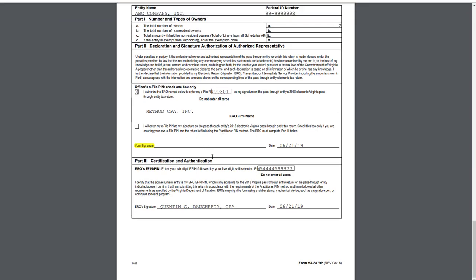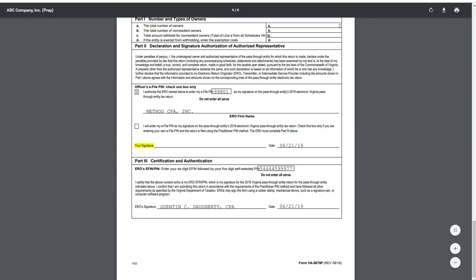So these two signature forms, you can print them, sign them. You can physically drop them off at our office. You can fax them to us. You can upload them through your portal. If you want to upload them,